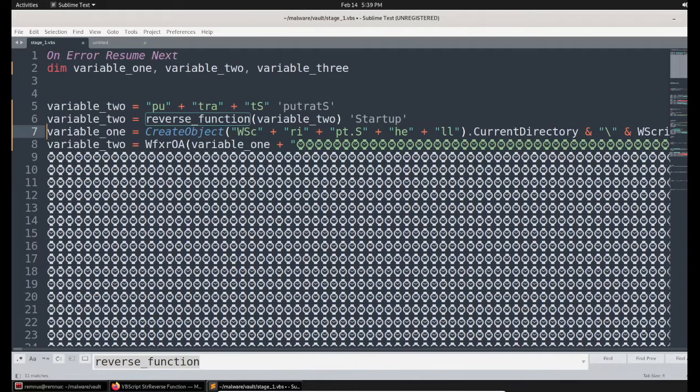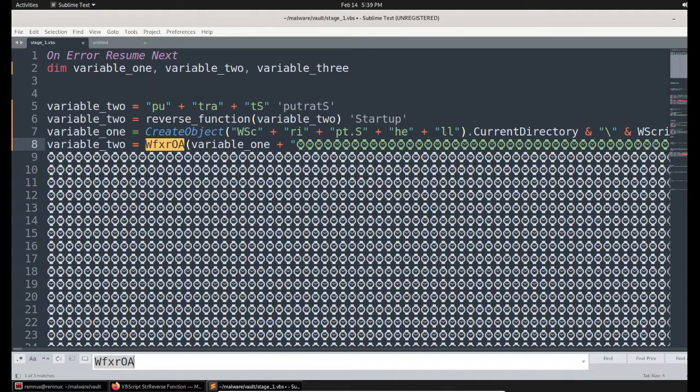So this is the value for variable 1. Now let's move on to the next one. Variable 2. Once again, they are calling variable 2. Currently, variable 2 is holding this startup value, and here they are calling it with another function. So let's see what sort of function it is. Let's see the function definition.